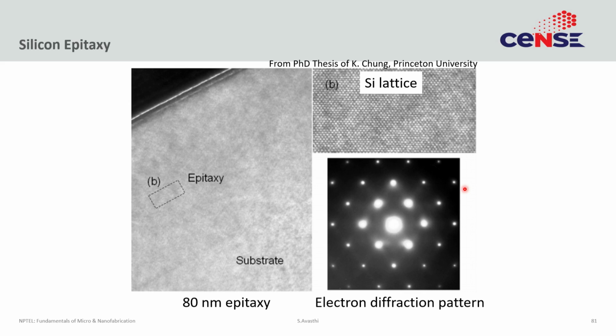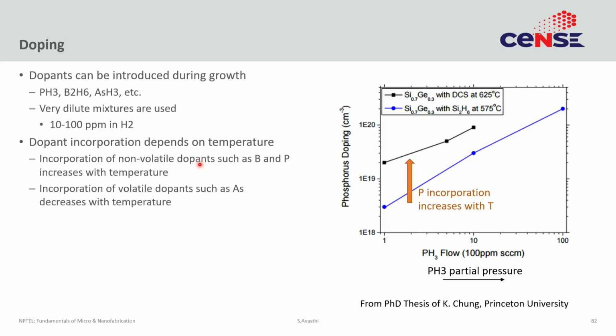Finally, what is the quality of silicon that we actually get in modern epitaxy? The answer is extremely good. This is a figure that I think you have seen before in the introductory lecture, but here is your substrate. This is the epitaxial silicon you have grown, and by and large it is indistinguishable save for this one line that you see at the interface. If you zoom in, you actually see the perfect silicon lattice. If you look at its electron diffraction pattern, you again see the perfect silicon lattice. So, people know how to do silicon epitaxy fairly well and grow extremely high quality films.